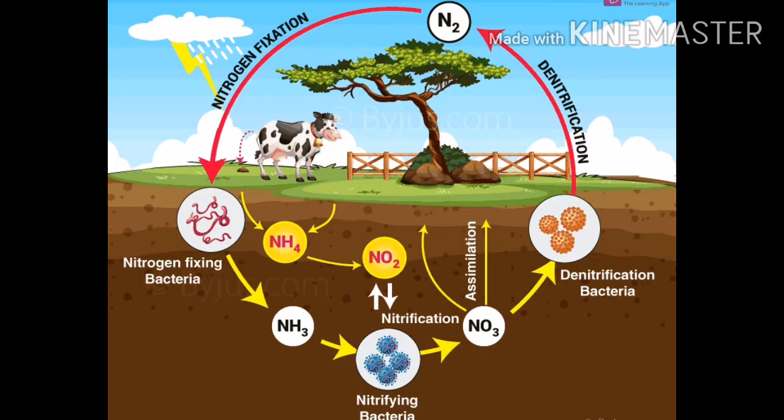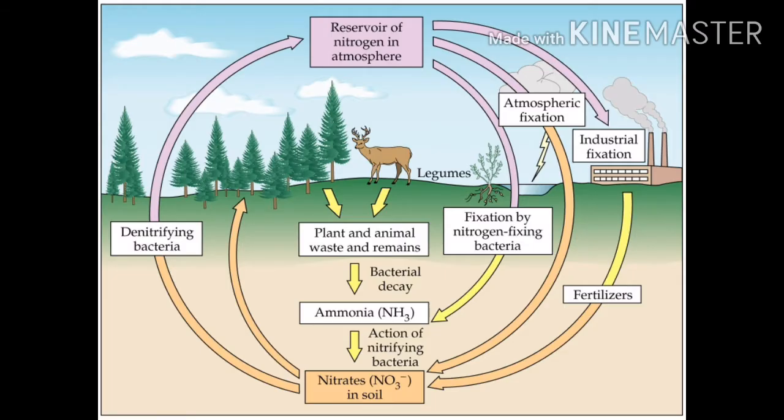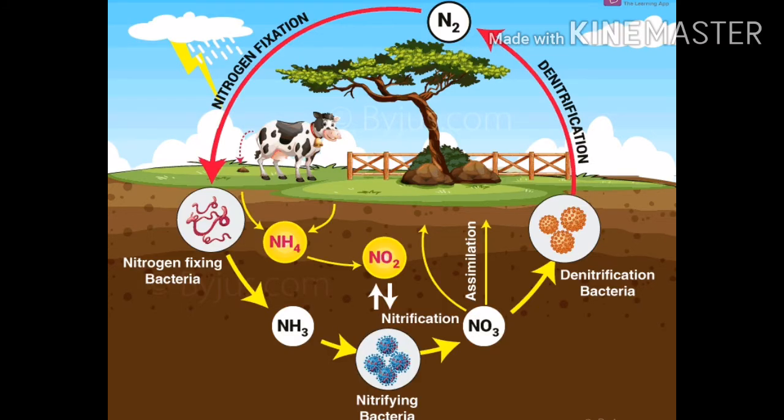Now children, the next step is ammonification. Ammonification is a process which involves the decomposition of proteins of dead plants and animals to ammonia. देखिए, जो dead plants और animals हैं, उनकी body में जो protein present है, उनका breakdown ammonia में. So this is called ammonification. And after an animal excretes urea or uric acid, or after an animal or plant dies, there are certain bacteria which carry out ammonification.